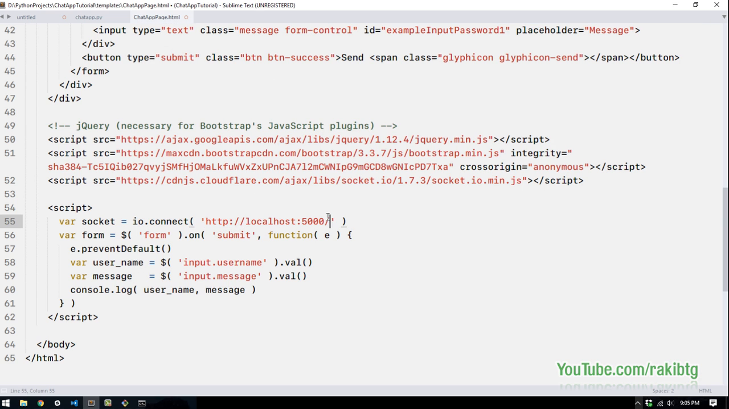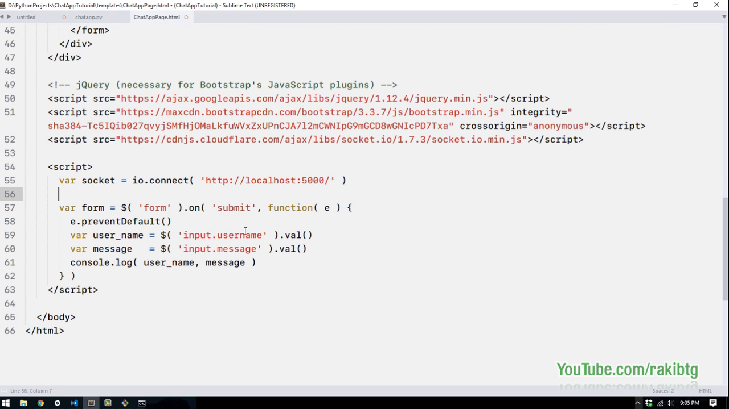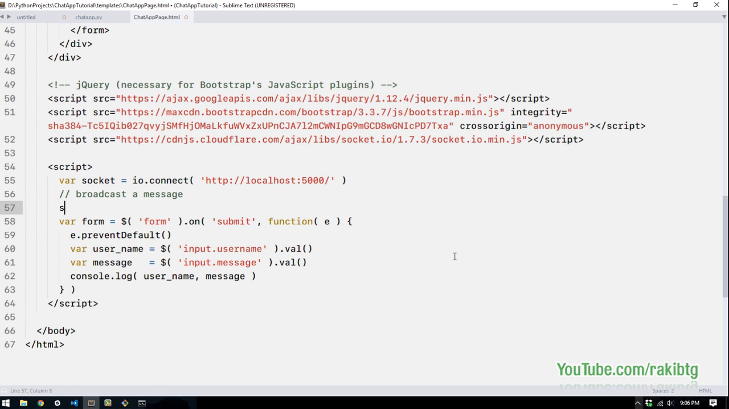Copy that IP address and paste it up here, and there you go. And now we're gonna broadcast a message and we're gonna capture a message. So let's do a little bit of commenting here. Broadcast a message. So let's cast the socket. So let's say socket